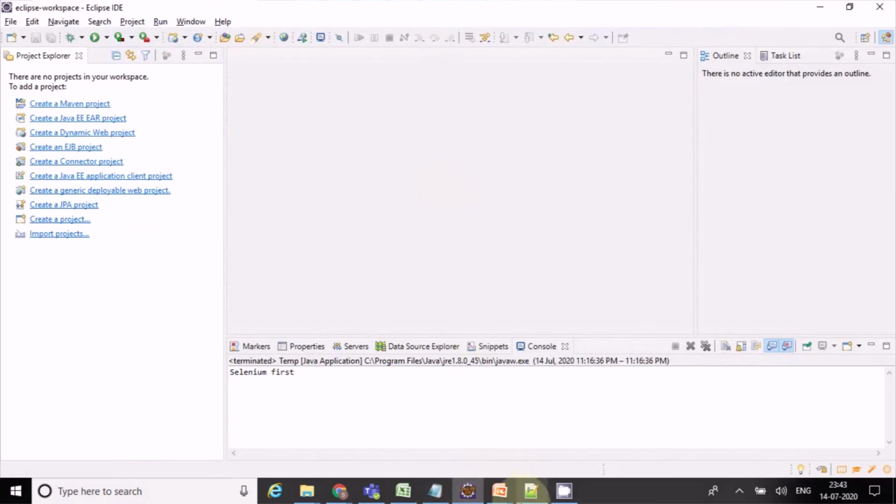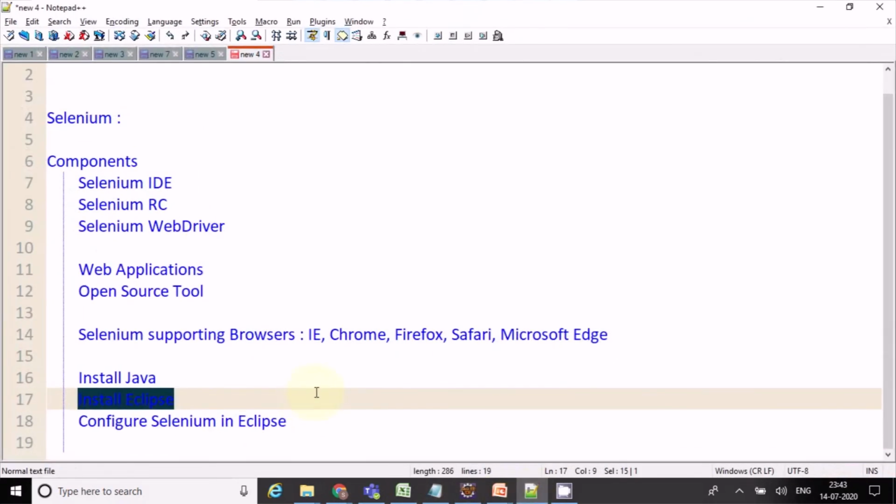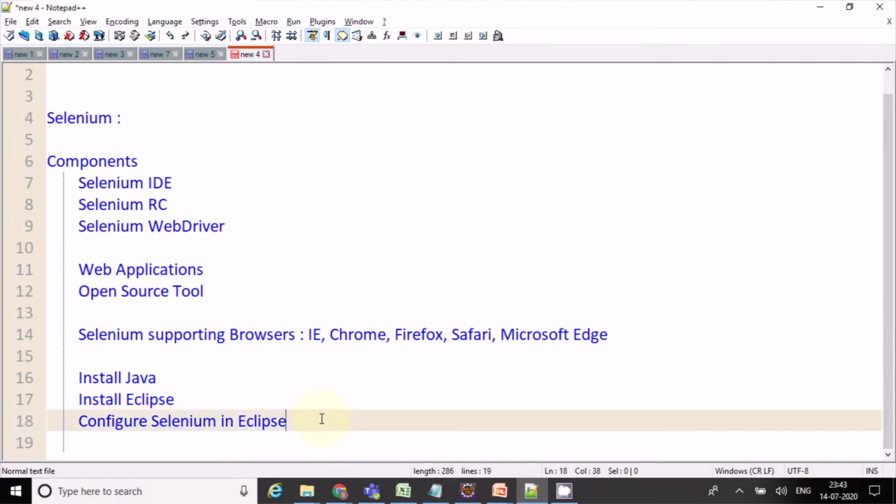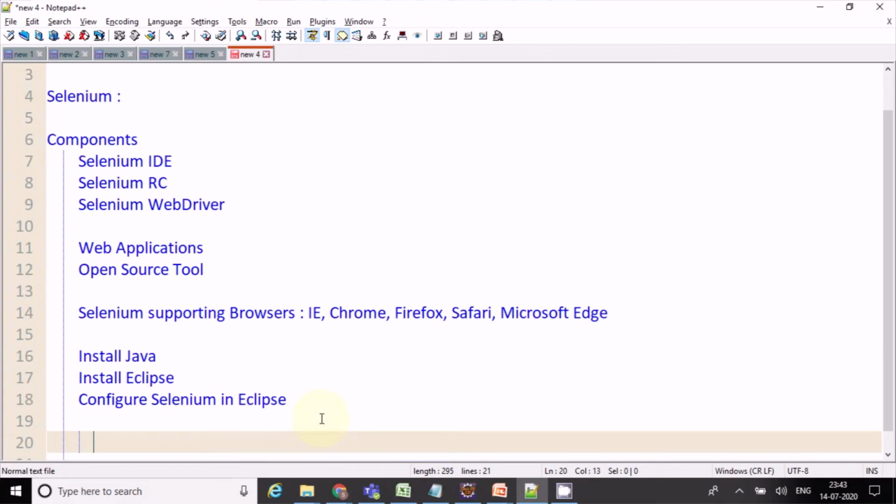Now in our system we have already installed Java and Eclipse. How to configure Selenium in Eclipse? There are two ways to configure Selenium.